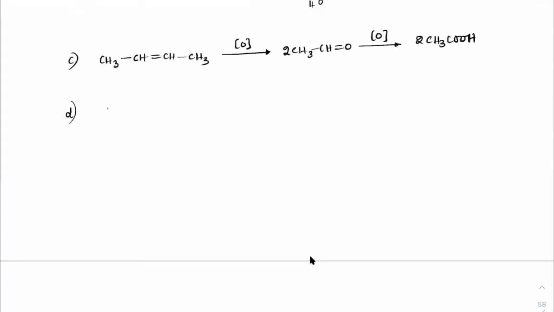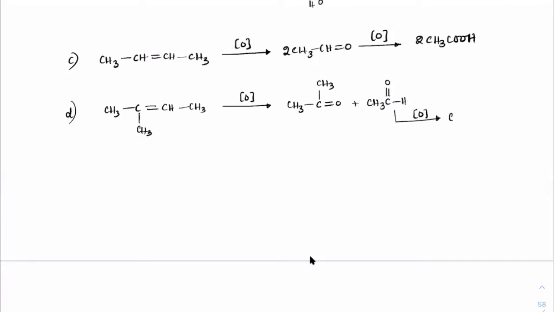Next, D case. Suppose I have one CH3 group on the other side, this way. Breaking is evident. The carbon-carbon double bond will break. We'll get CH3, C double bond O, CH3 here, plus CH3, C double bond OH. There is one H here, so this will undergo further oxidation to give CH3COOH. But see the keto form here. Keto doesn't have any hydrogen further, so after this, there is no further oxidation happening. The reaction will stop here only. So you will end up with a ketone and this form. Got it, everyone?